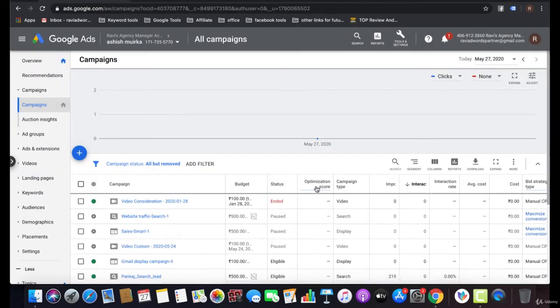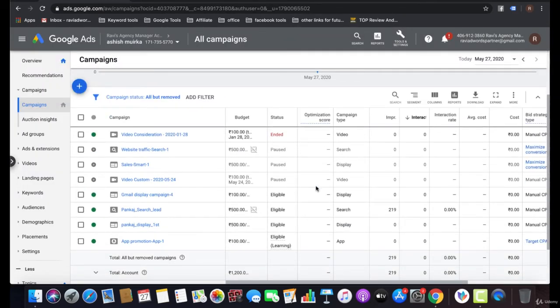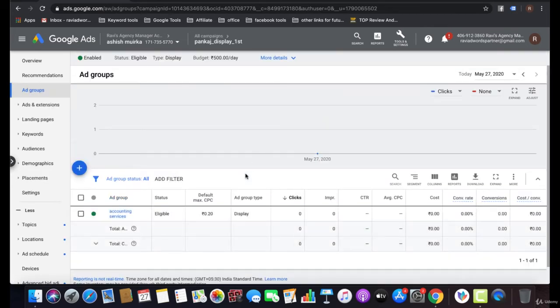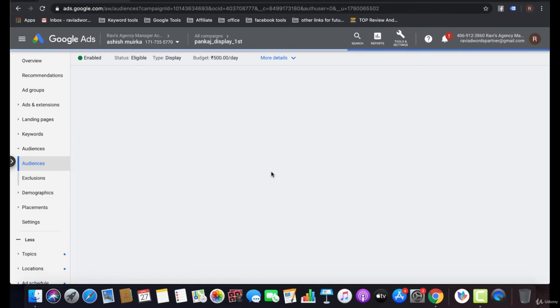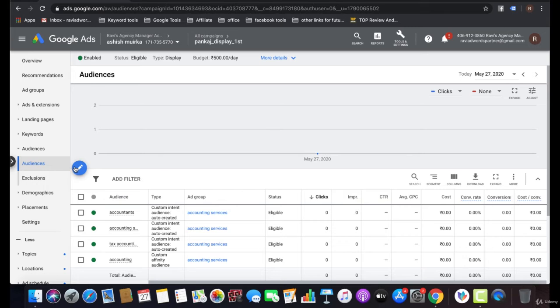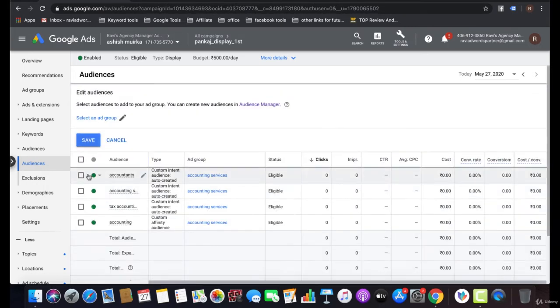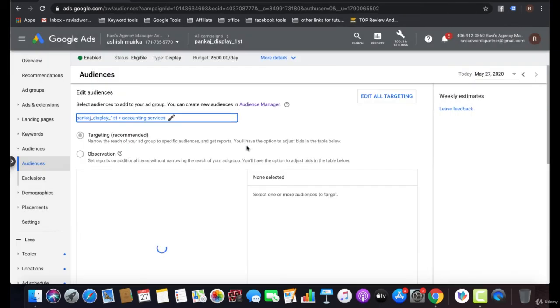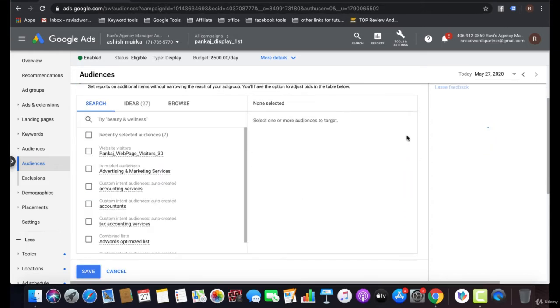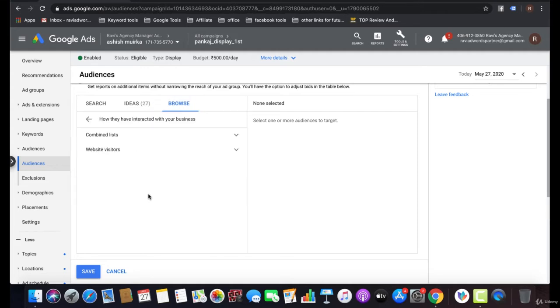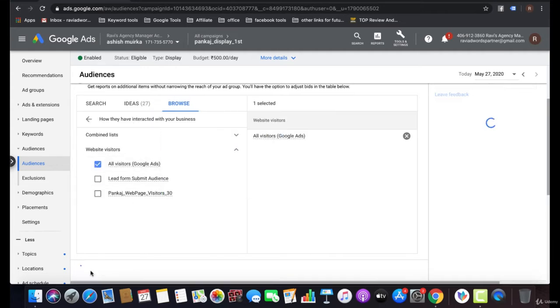And one more thing you can do, if you have already created a display campaign, you can add that audience to that campaign as well. Like this is one display campaign which we created in the previous module. I am going to add only that particular audience which we have created just now. So I'm going to delete this audience. First of all, select that audience, and I'm going to unselect these audiences. I'm going to browse, and in similar website visitors. Yeah,